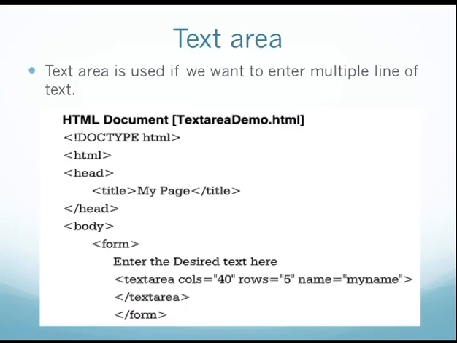Okay, what is in the next slide? That is the text area. Text area is similar to a text box. In case of a text box, you can enter only a single line of text. But for example, if you want to write an address, you cannot write the address in a single line. You will need multiple lines, right? So when you want to enter multiple lines of data, then you take a text area. Text area is basically used if you want to enter multiple lines of text. Okay, so we'll see how to create a text area. So doctype HTML, then your HTML tag, open the head tag.